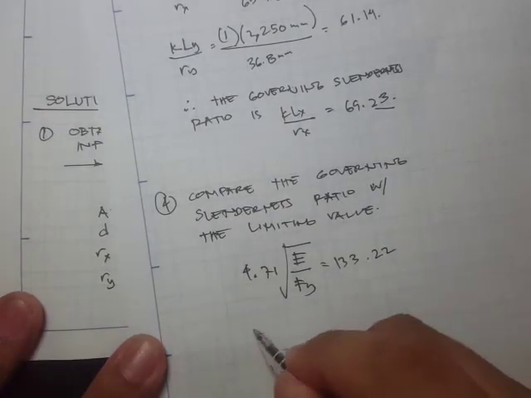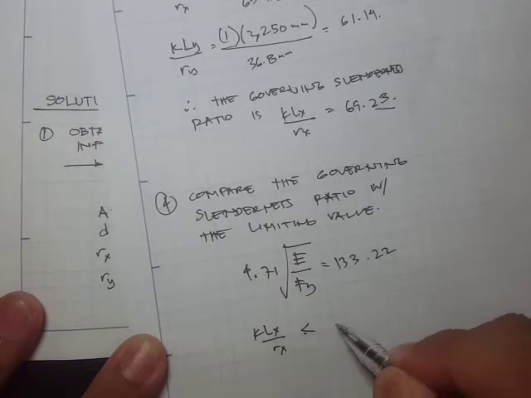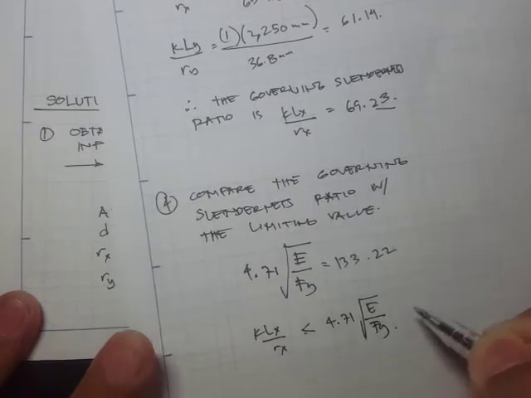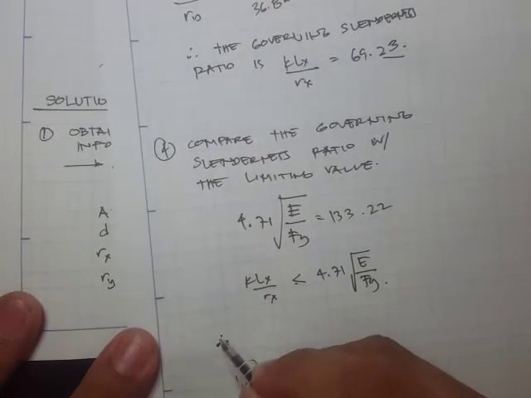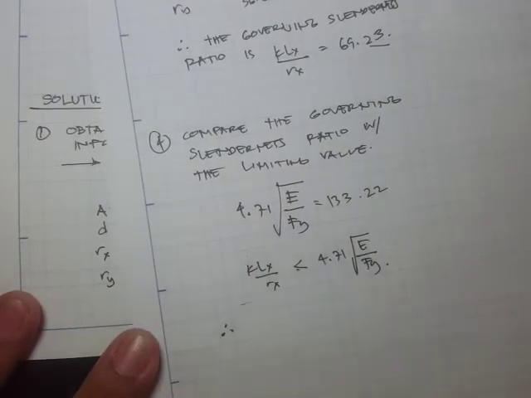And we see that our governing slenderness ratio is less than this 4.71 square root of E over Fy. So therefore, if this is the case, then our equation,